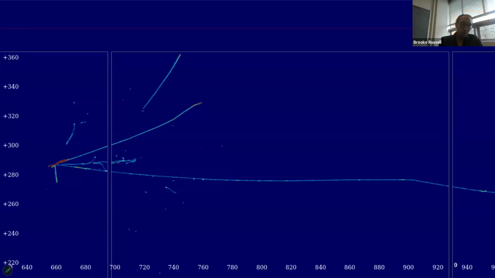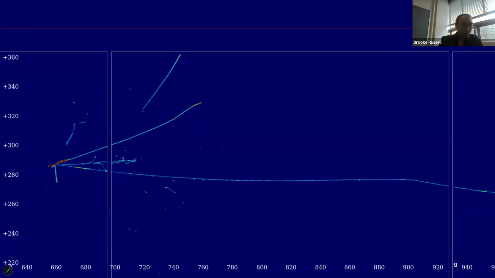This is what our signals look like. You could see various topologies. The color scale here represents the ionization deposition or the energy scale of that particle. And so this is a fine tracking detector with calorimetry represented by the colors. And we could see the clear topologies of the particle tracks.